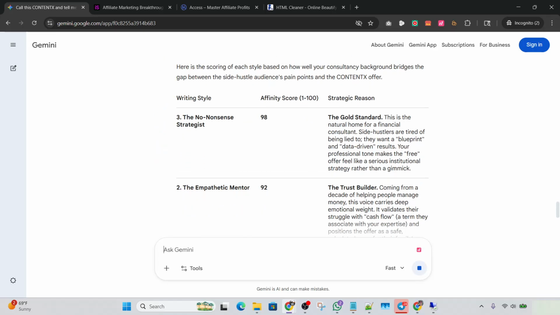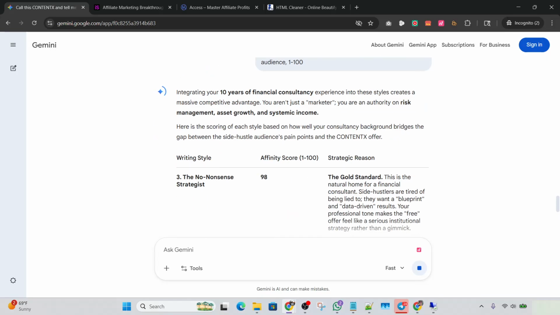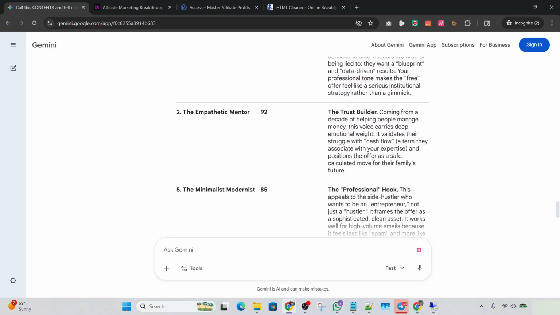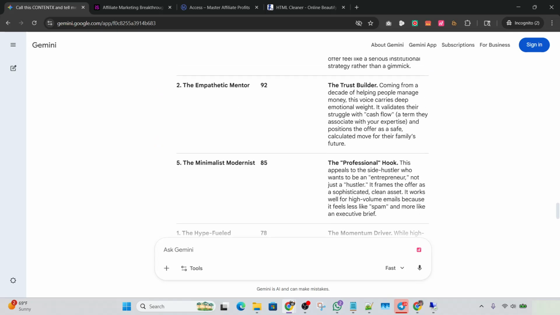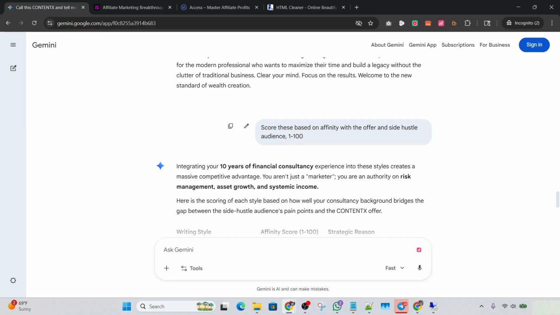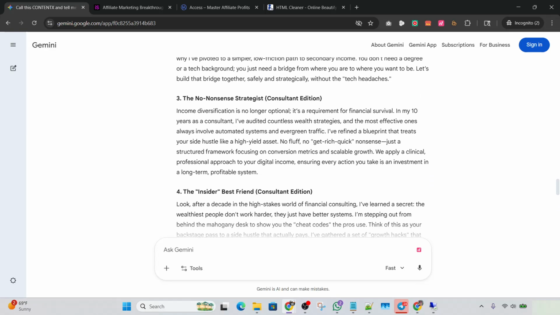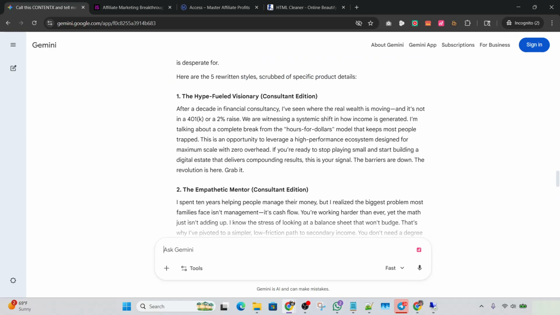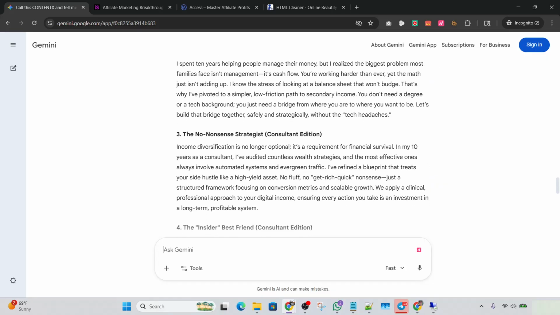Okay, no nonsense strategist. So again, this is just for you to get a better idea what matches better, but I would say all of them could work. So let's just go ahead and pick this no nonsense one.